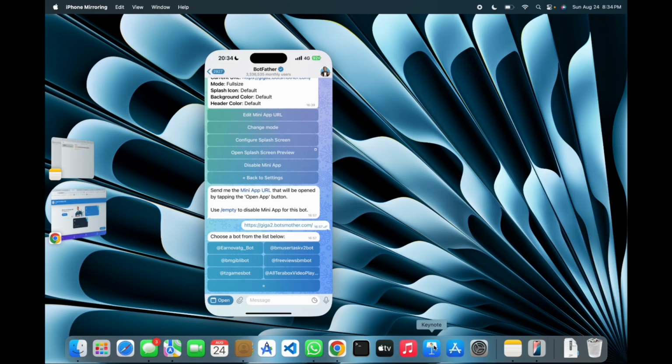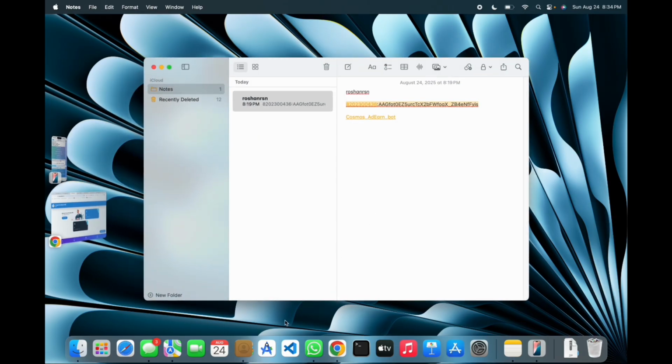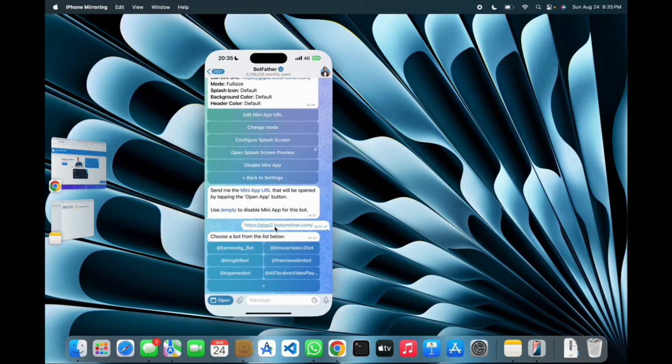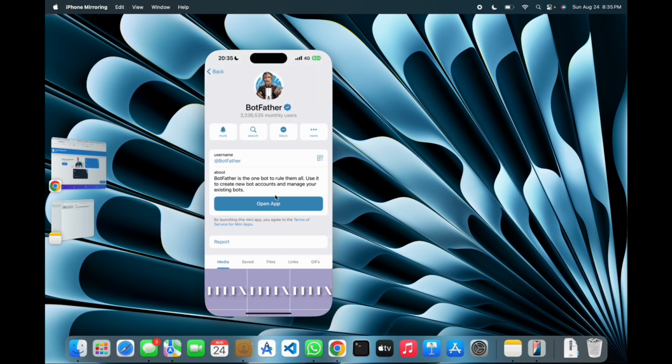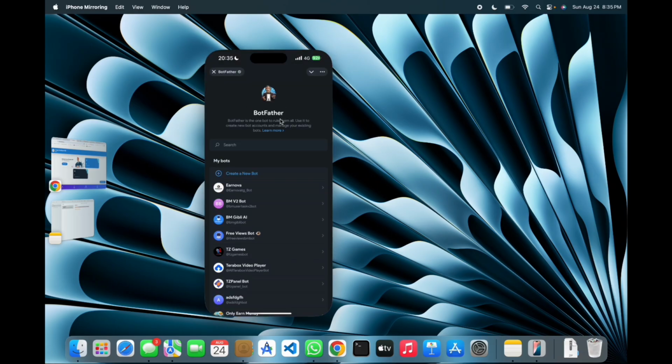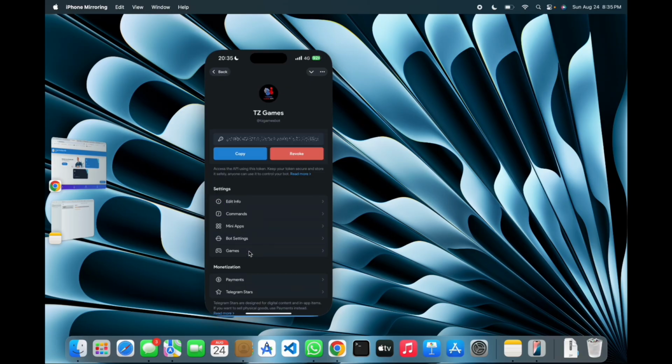I don't have the bot because the bot is my customer's bot. I will just show you how you can add this web app URL. We are here in BotFather. You can do it from here by messaging, or you can directly go to open app and you can open the web app of BotFather, which is recently published. Here you will find your bots list. Now I am selecting any of the bots. Here you will find mini apps,